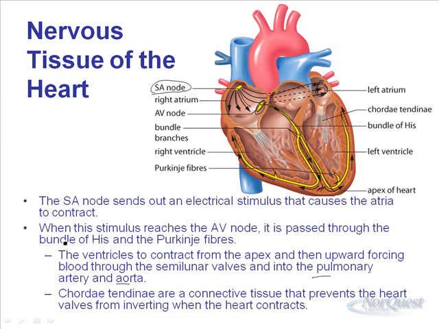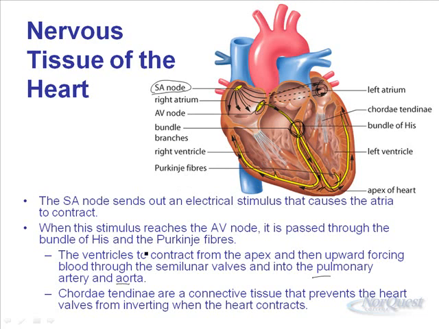Now, in terms of the tissue, when the stimulus reaches the AV node, it passes through something called the bundle of His, which is a bundle of nervous tissue at the top of the, holy moly, septum. There's the word I was looking for. This whole structure is called the septum. At the top of the septum is the bundle of His. The impulse is carried down Purkinje fibers, and those Purkinje fibers are going to stimulate muscle contraction